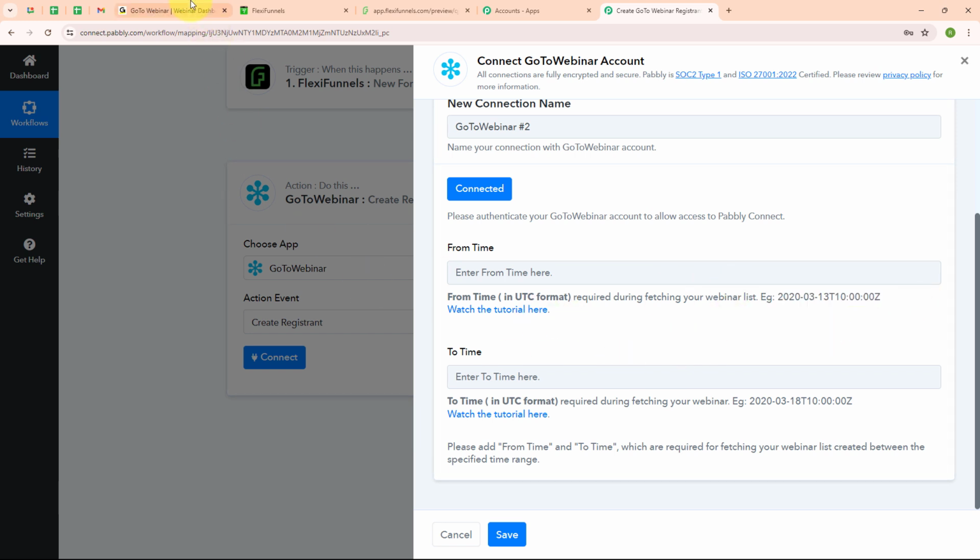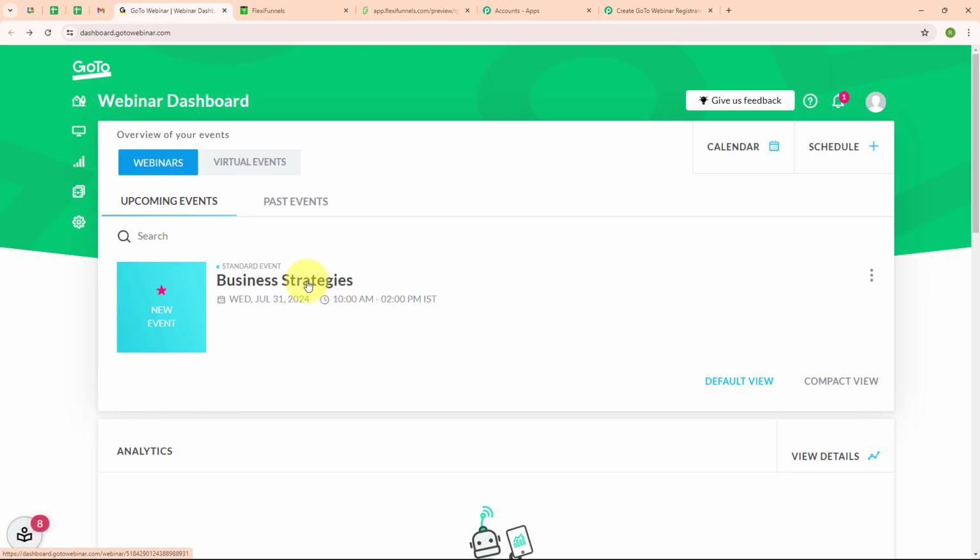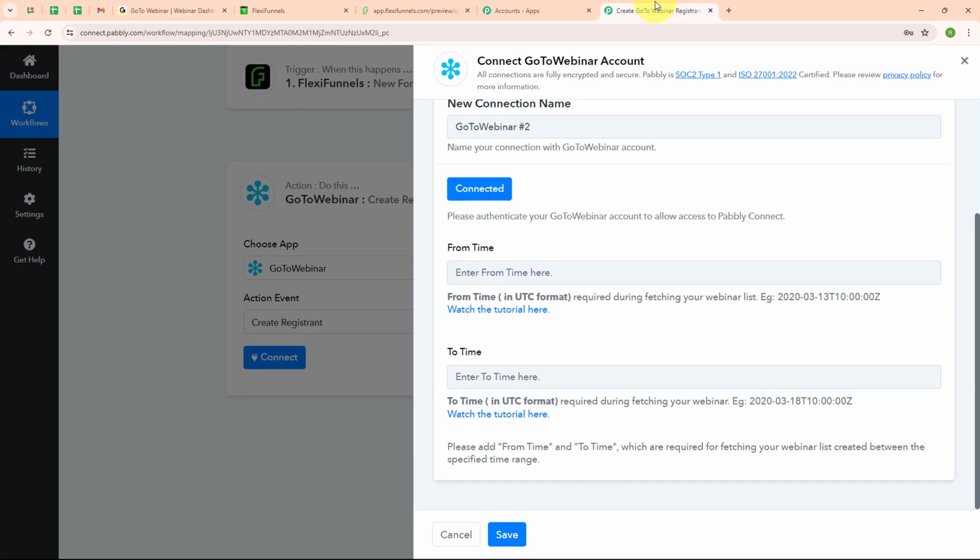So here in my GoToWebinar account, you can see the webinar which I'm going to conduct is at 10 AM to 2 PM IST. That means this time is in IST format, but in my Pabbly's window, I need to enter this date in UTC format to connect my GoToWebinar account with Pabbly Connect. Here I need to convert my IST format to UTC format